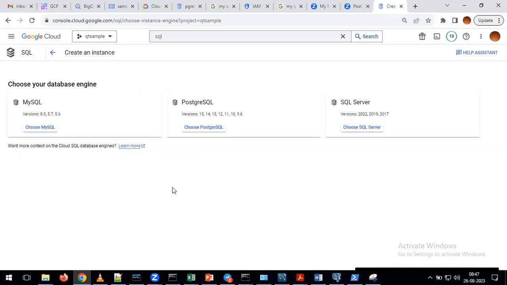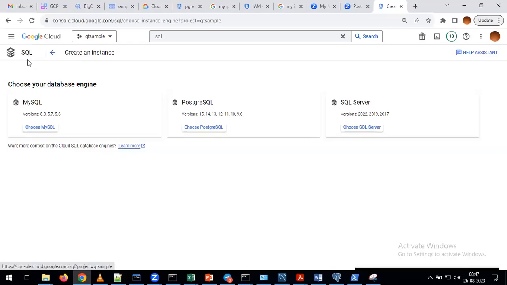Earlier, if you remember how we worked on MySQL, in our local system, we installed MySQL. After that, we created the database. After that, we started practice on MySQL. That is on your local system. But coming to here, are we using the local system or the cloud? We are using the cloud by using our GCP. So within the GCP, whenever you want to deal with any database, we have the service called Cloud SQL.